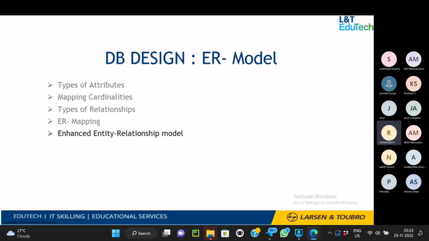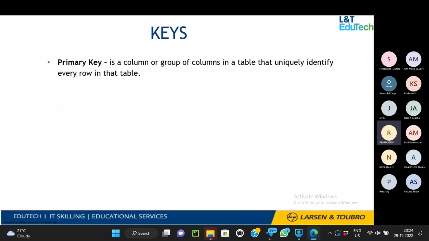Okay, so this is the ER model, where you will be having entities and relationships, that is, how each and every table gets related to one another. That is given in a pictorial representation using your ER model. Okay, then